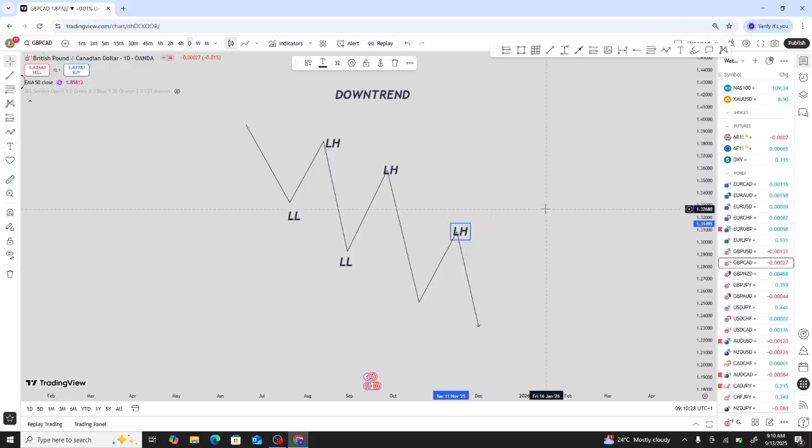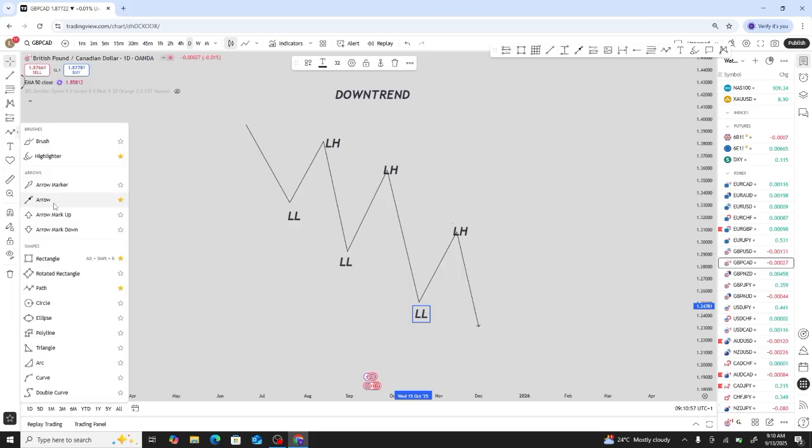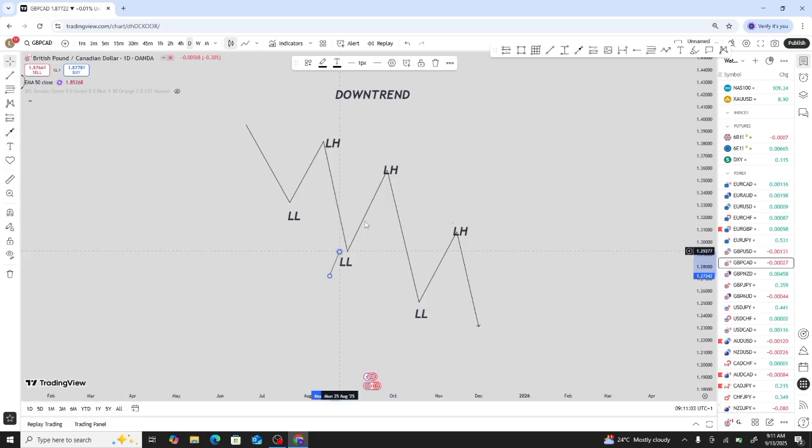Lower highs and lower lows. Okay, so now you can see that this low is lower than the previous low. Let me get the tool. Okay, you can see that this low right here is lower than this previous low,